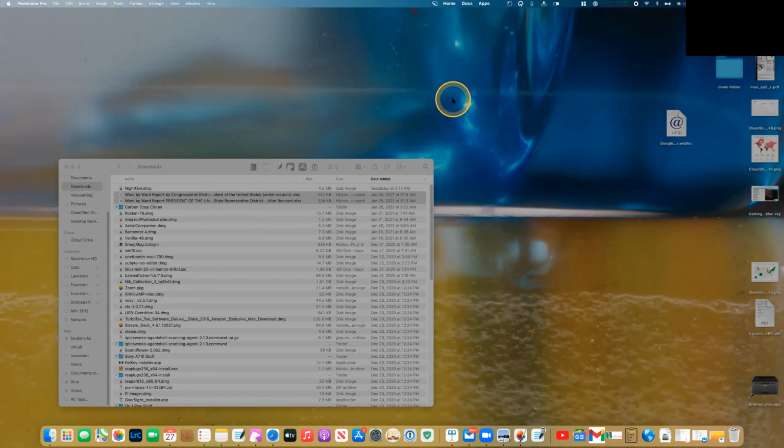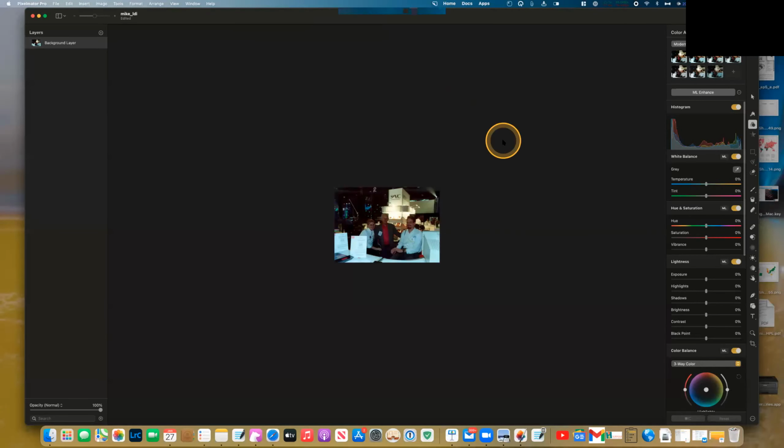Here's a photo of me quite a while ago, and you can see that it's very small. This was at a trade show in New York City, and they have this feature in Pixelmator Pro that lets you, I guess, upscale the image so it doesn't look so blocky when you resize it up. This was back in the infancy of digital cameras, and they had very small pictures that came out of them. So before I do that, I'm going to click on this little ML Enhance, and a lot of these programs have